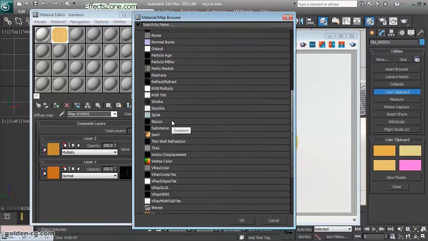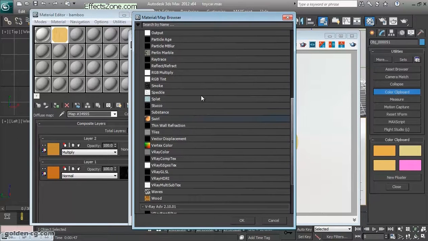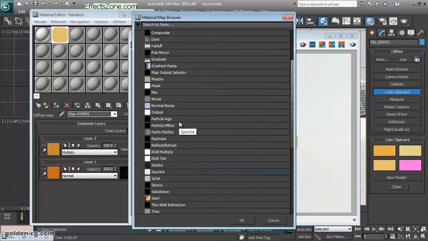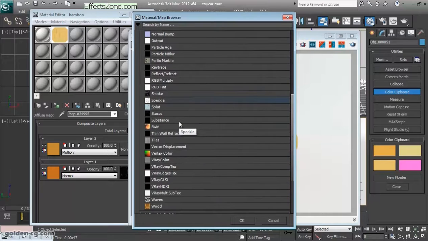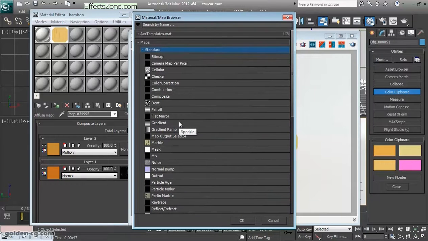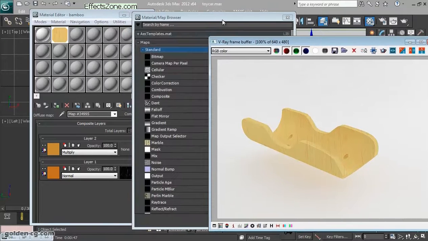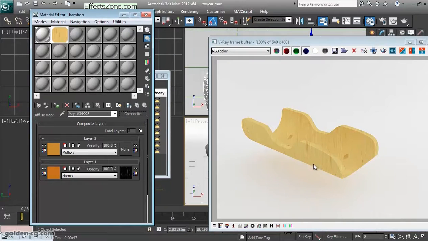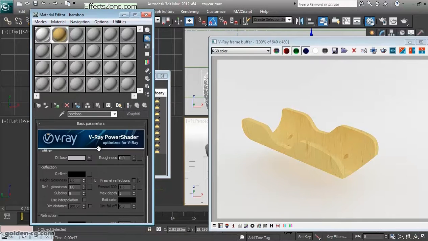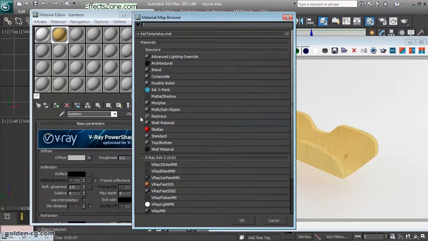Where is actually multi sub object? I cannot find it. Sorry, this material that we already made is totally for the biggest part of the wood. So I must apply the multi sub materials to my main material, multi sub objects material,